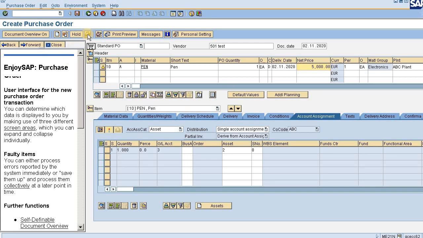I am clicking on the check button. No message during the check. Now I'll just click on the save button. Thus the purchase order will be saved, in order to purchase an asset.